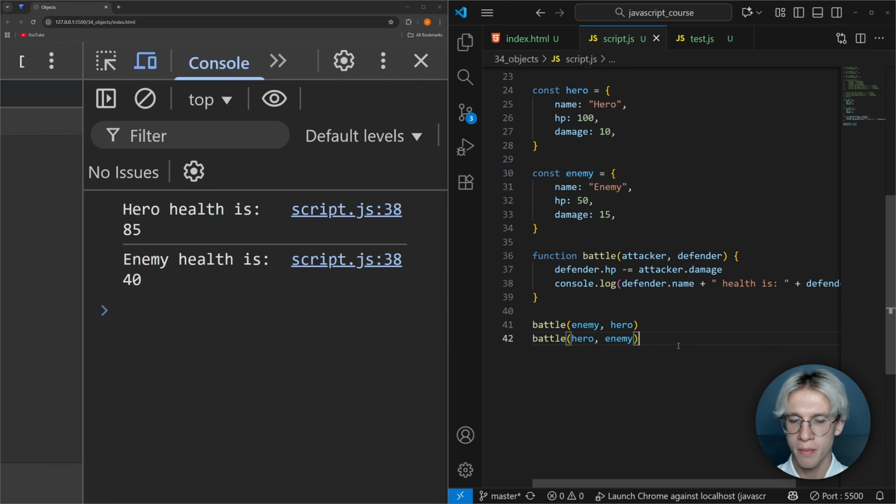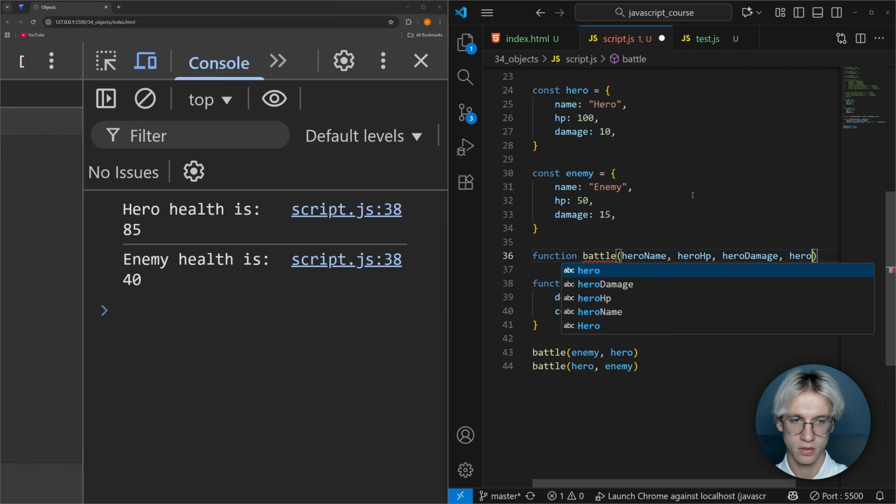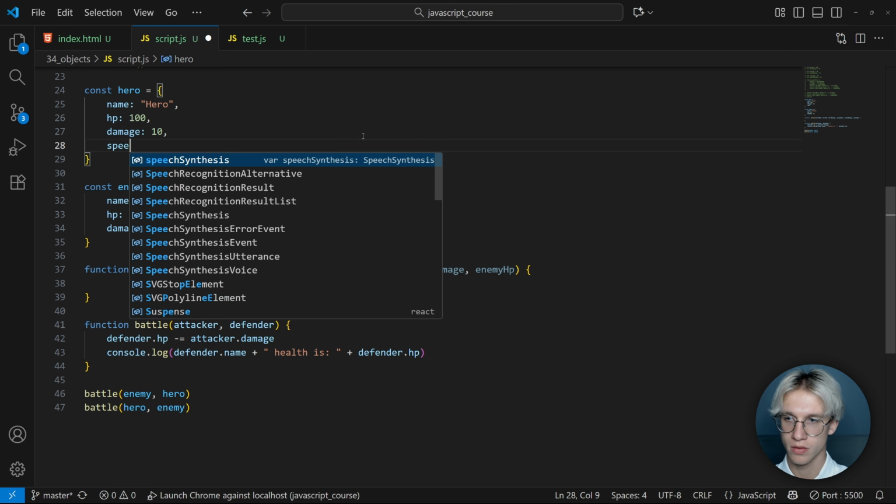It is possible, but the function will look like this. Now you need to declare all these parameters separately. So this function will have 6 parameters. And now imagine how difficult it is to read this function when you have so many parameters. And the main disadvantage is that if I want to add a new property, so for example, I add speed, in